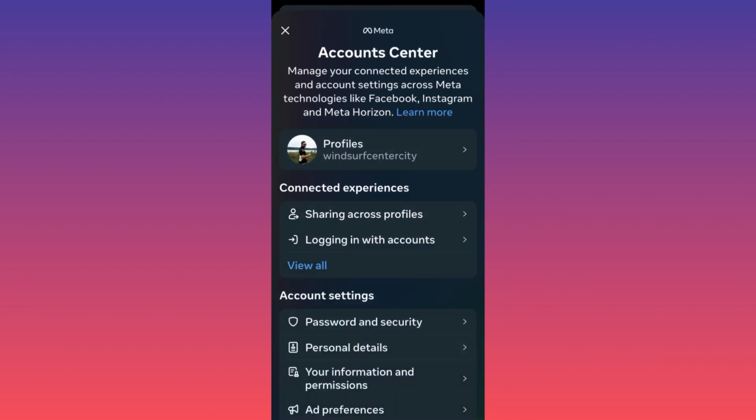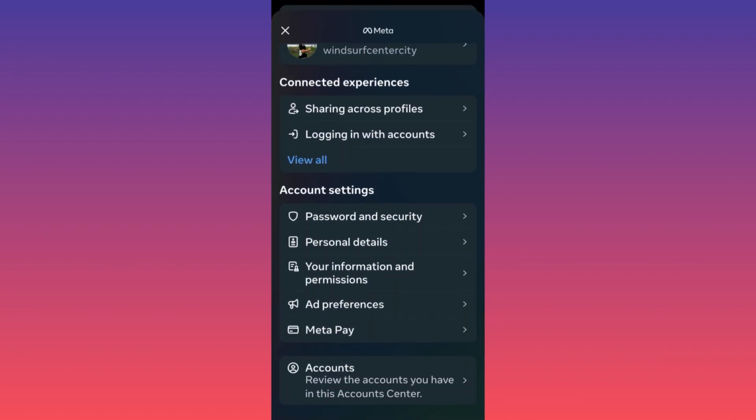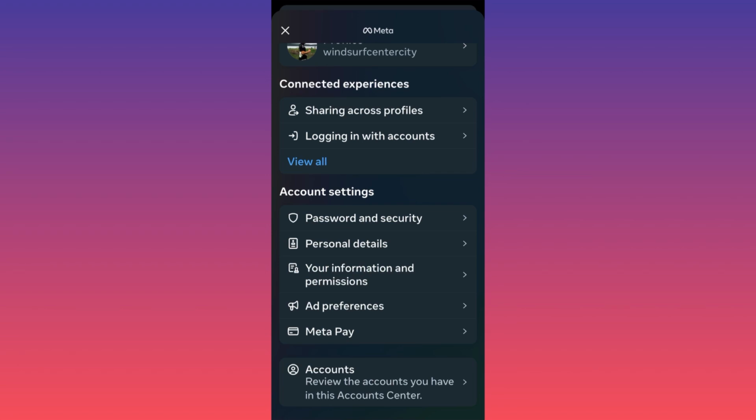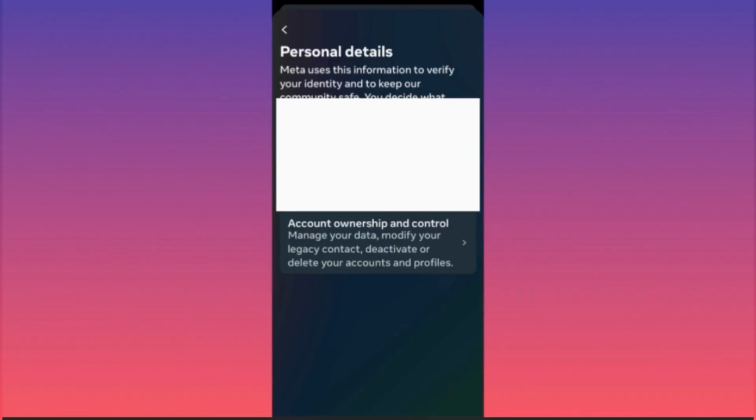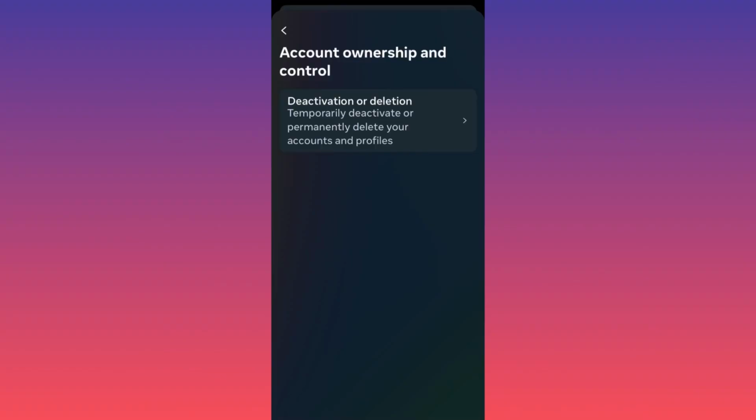When you're over here, you want to scroll down to the section that is called account settings, and you want to click on the second option, which is personal details. Over here you want to choose the last option, which is account ownership and control. When you're over here, you can simply choose between deactivation or deletion of your account. As I mentioned, there's a huge difference between both options. The way how you actually reactivate your account is simply coming back and log